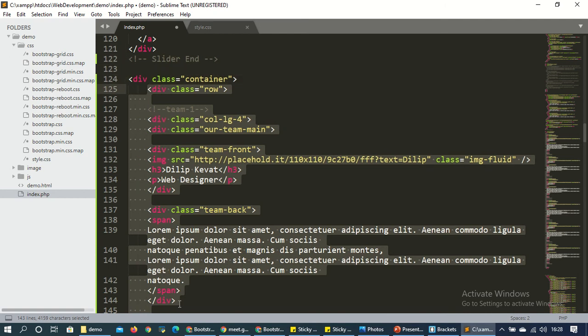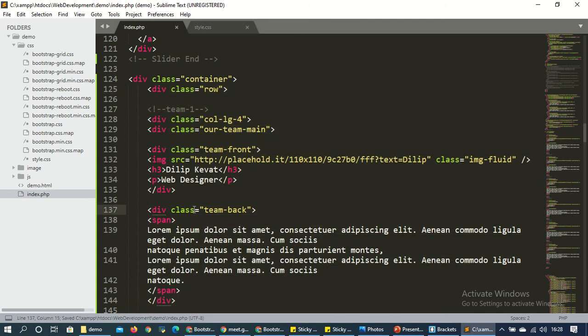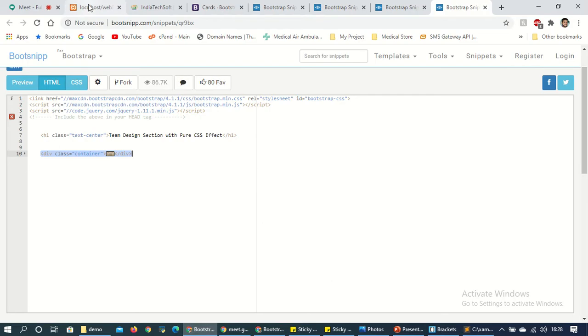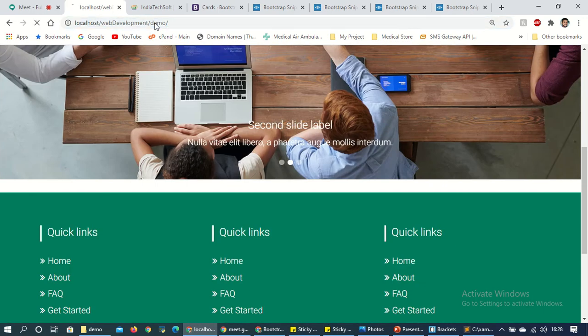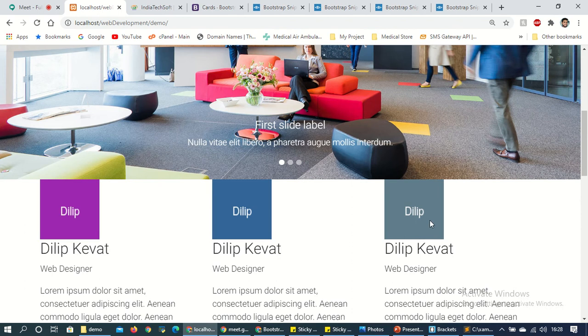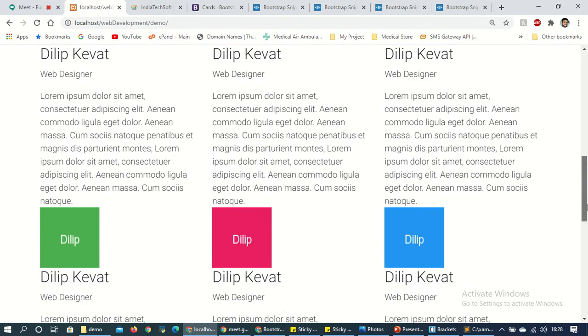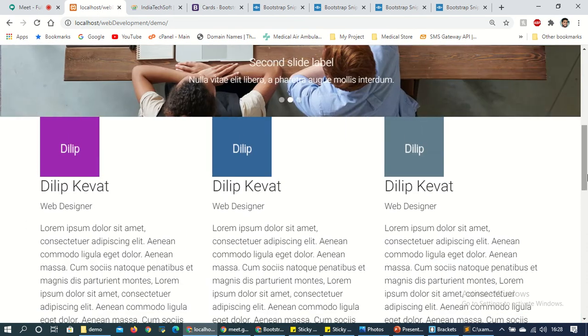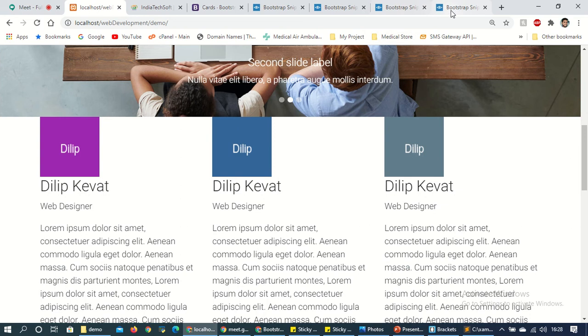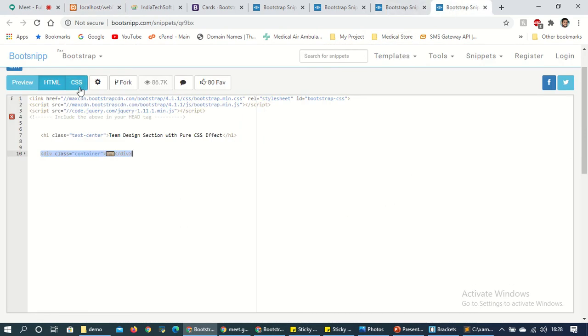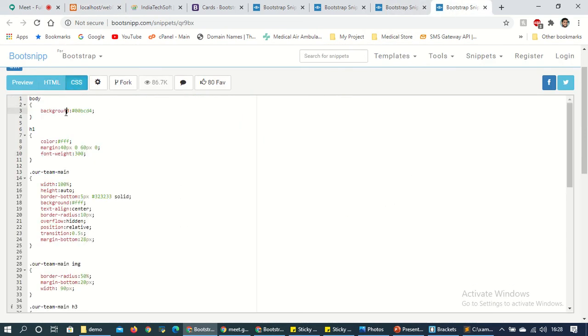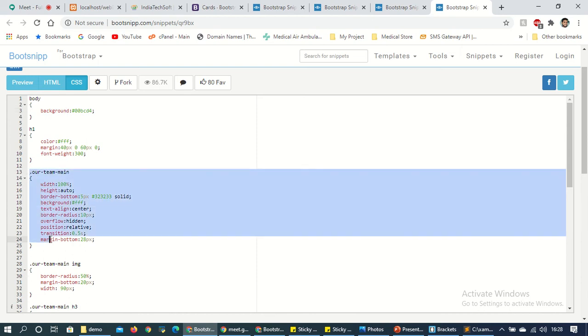Yeah, just tab, for sequence. Okay, so now just save and yes, 1 2 3 and 1 2 3. So six members. Now we'll copy this CSS. Okay, so from here, our team, I'm just going to copy the CSS.